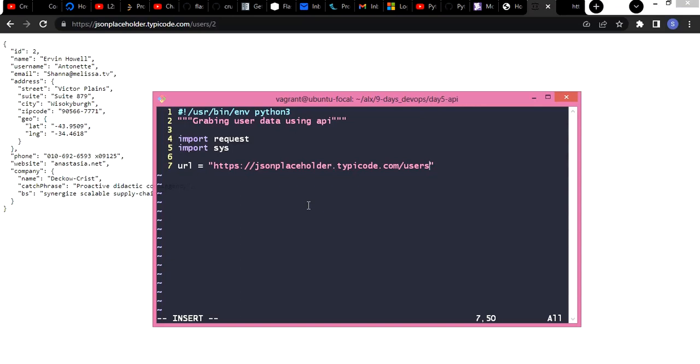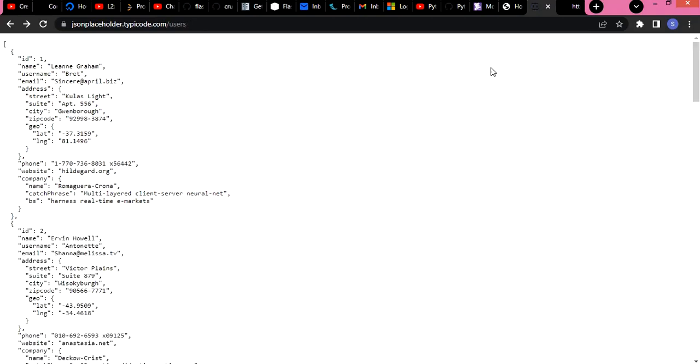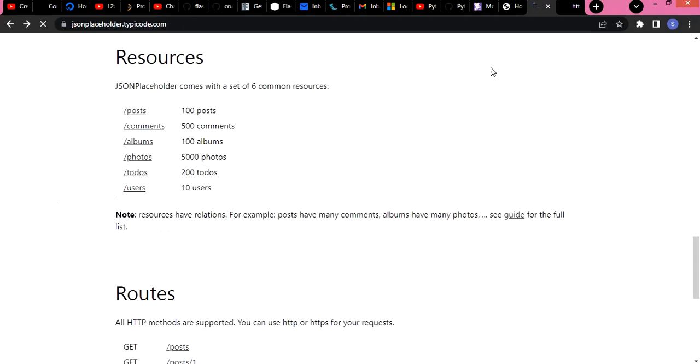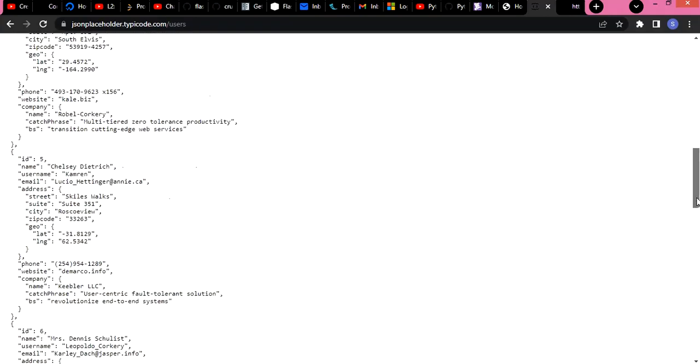Yeah, and there's another way you could still get this same data, you still get the same result. However, I think the process is not as straightforward as this. So let's go back. Now the process is not really straightforward. However, if you hit this users now, you can see here that you are getting all users